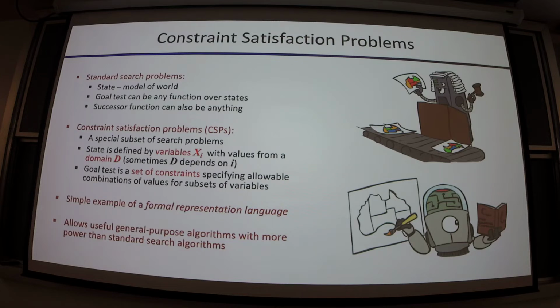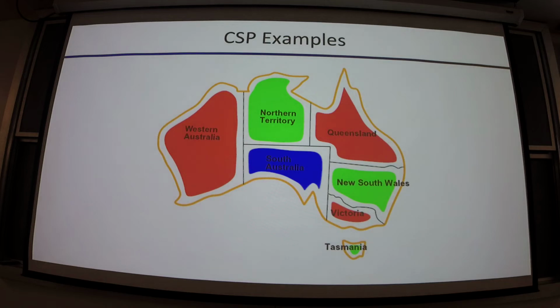Okay, so let's look at an example. We're going to look at map coloring. Map coloring is a pretty intuitive problem where you have some map, and you want to color each of the various zones of the map, but you want to make it easy to read, so you don't want adjacent zones to be colored the same thing, right? And so here we have a map of Australia. I believe these are states. Is that right? Australia has states as well.